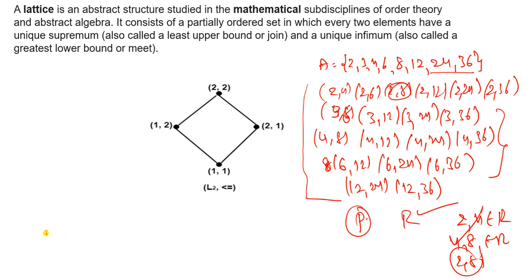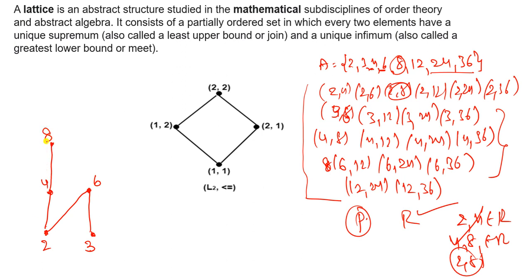Here 2 and 3 are the two independent elements, because 2 does not divide 3 and 3 does not divide 2. So 2 and 3 are the elements, and next, 2 divides 4. Okay, and the next element, 6. 6 is divisible by 2 and 3. There is no relation from 4 to 6. So we write 6 here. 2 divides 6, 3 divides 6. And the next element, 8. 8 is divisible by 2 and 4. There is no relation from 3 and 6. So here you can write the 8 element.